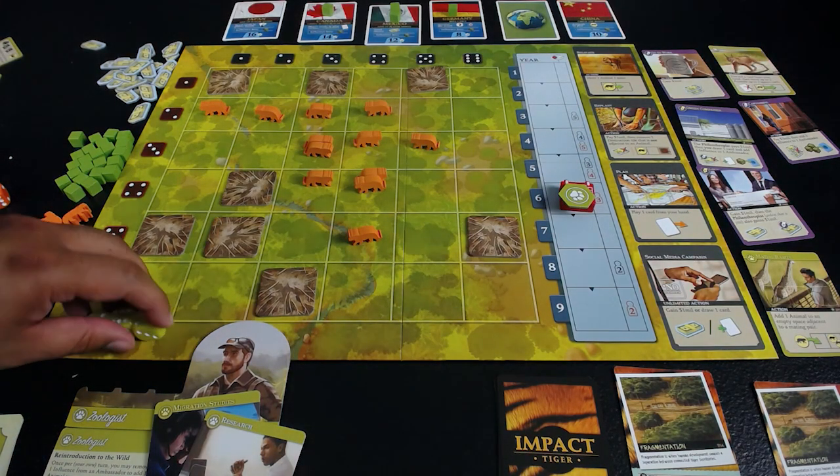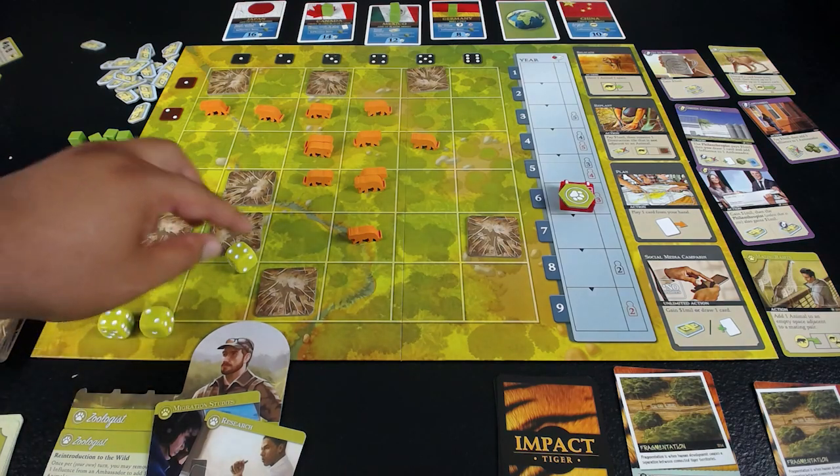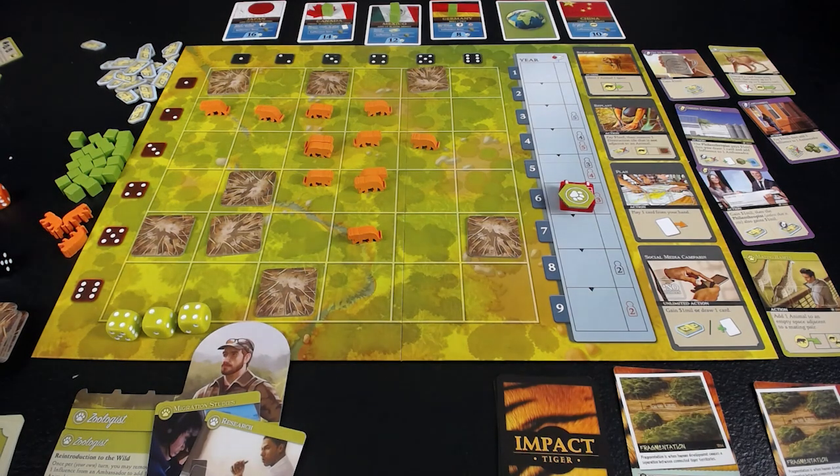Okay, so we're going to roll first. 4-4-2. Okay, it could have been better. It could have been worse. At least I have a 2 in there, so kind of keep things open. All right, so...